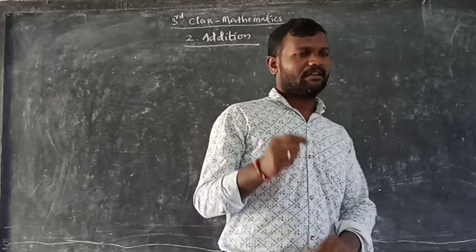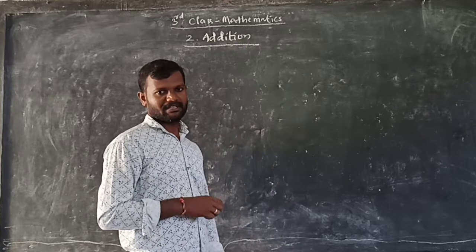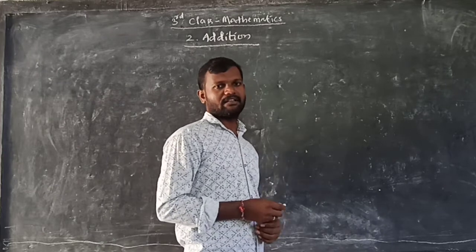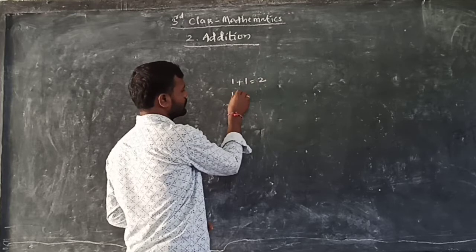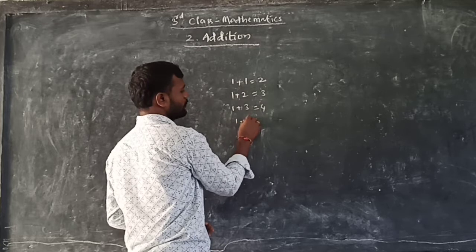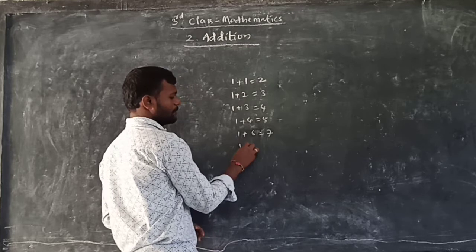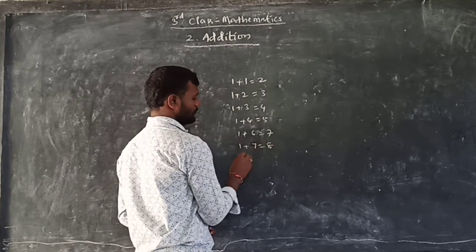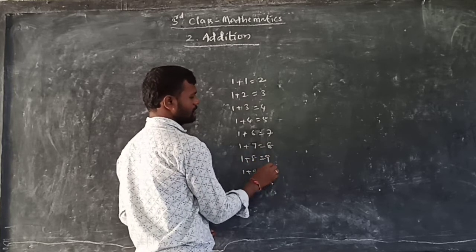What is that? Write the addition tables in a notebook first. Just try to learn the addition tables. Okay, 1 plus 1 is 2, 1 plus 2 is 3, 1 plus 3 is 4. These kinds of tables are there. So read them. 1 plus 4 is 5, 1 plus 6 is 7. Like this. Try to write up to 1 plus 8 or 1 plus 9. Okay, 1 plus 8 is 9. Next, 1 plus 9 is 10. Up to this is enough.